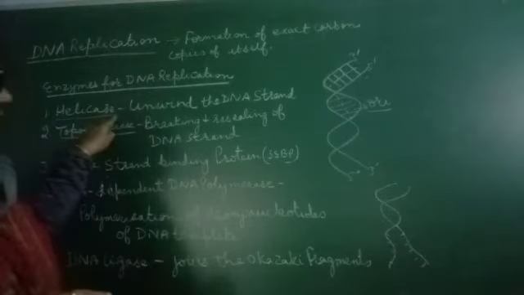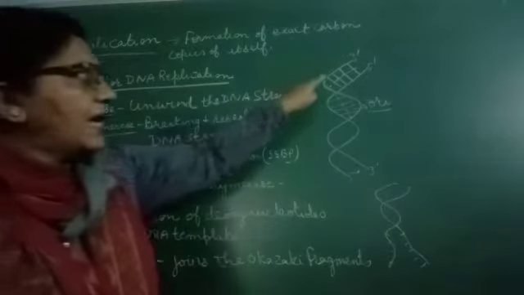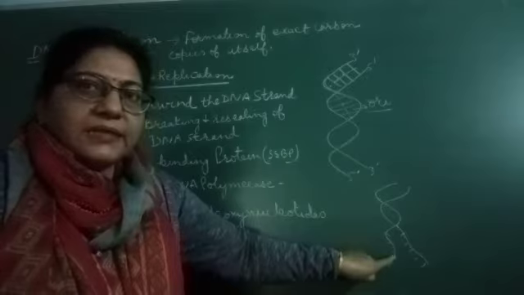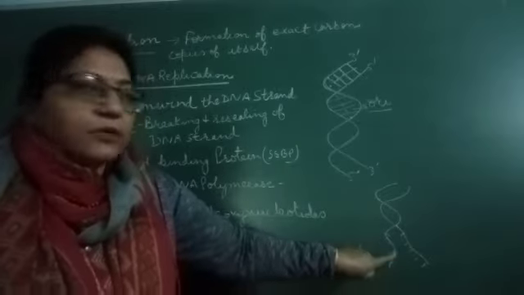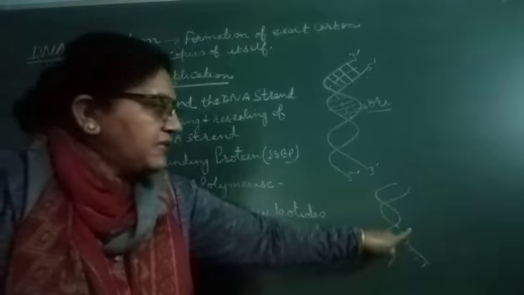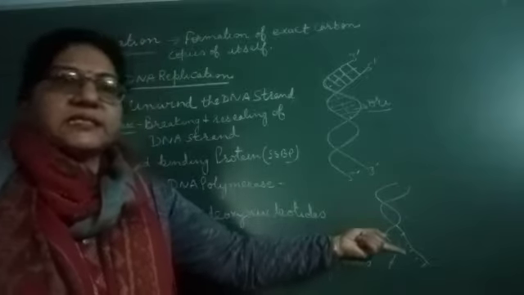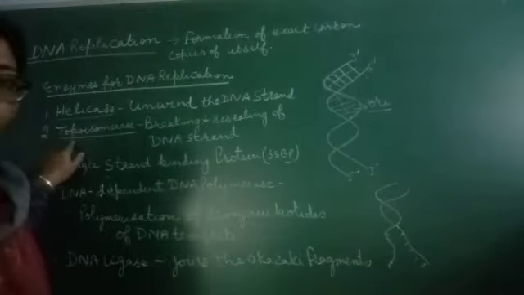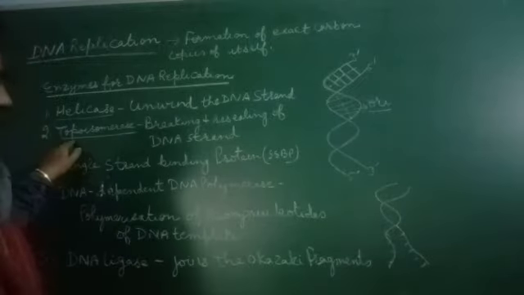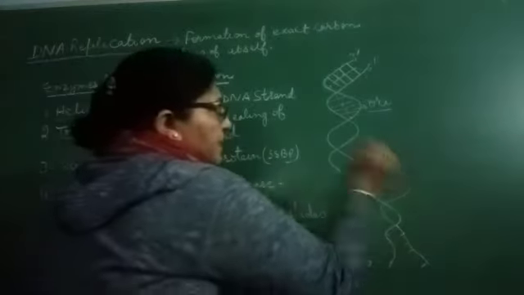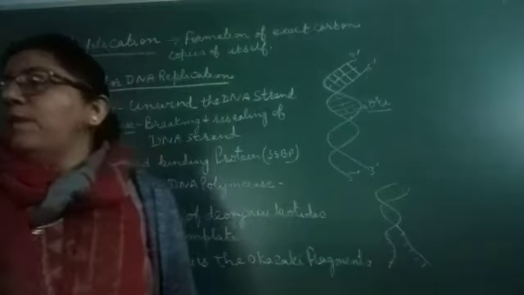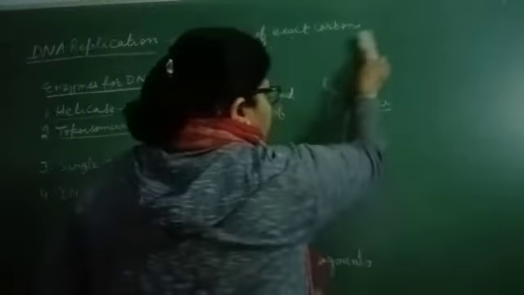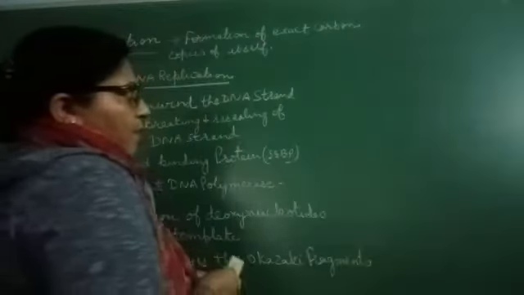So what is the function of helicase? It helps in unwinding the DNA. During the unwinding of DNA, the strands want to rewind. To prevent that, we cut it and then reseal it with the help of the enzyme known as topoisomerase. After that, they become stable and form a fork-like structure called the replication fork.